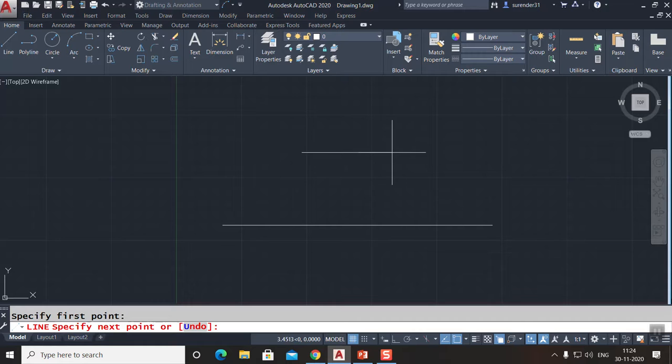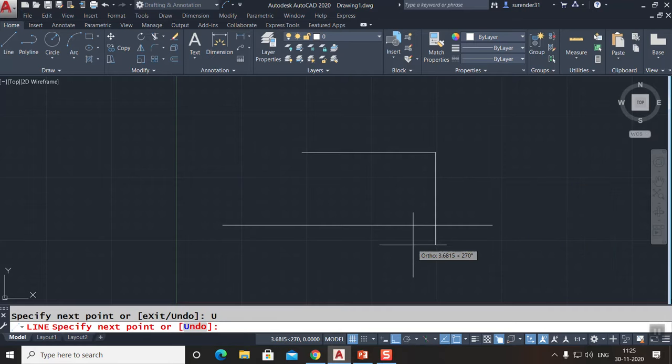Now next we'll talk about perpendicular OSNAP mode. To this point I want to look at a straight point. You can use OSNAP, and you can turn ortho on by pressing the F8 function key. Now the ortho is on, but I cannot locate a straight point on this object. If I click now, it will locate this point. But I want to locate a straight point.